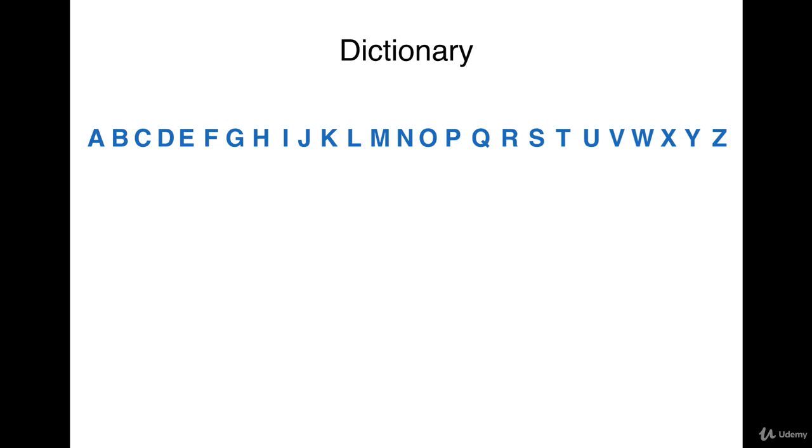If you had a physical dictionary and you wanted to find a single word in that dictionary, you would find it by doing binary search, probably without even realizing it. Let's say that you are looking for the word house in your dictionary. You would open up the dictionary to the middle, and you would notice that you are in the M section. Well, you know that house will be before the M section, so we can totally forget about the second half